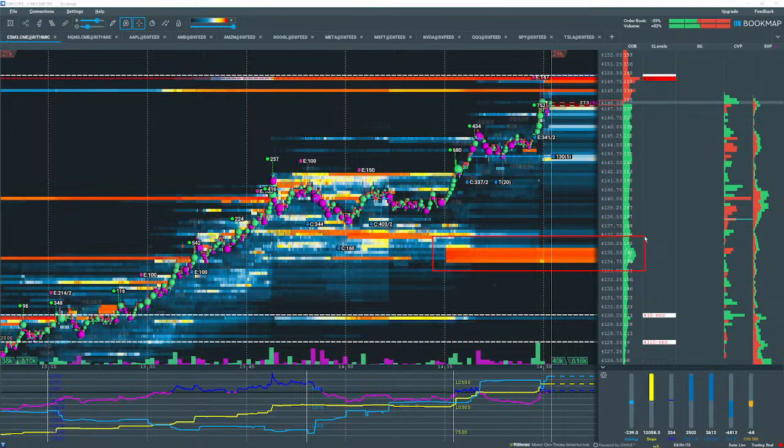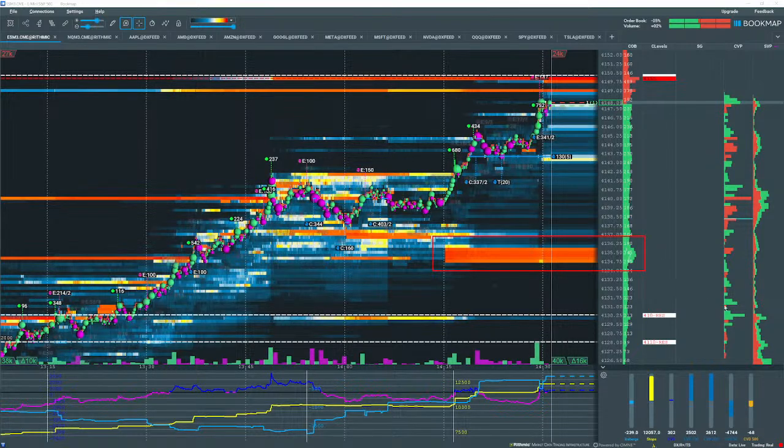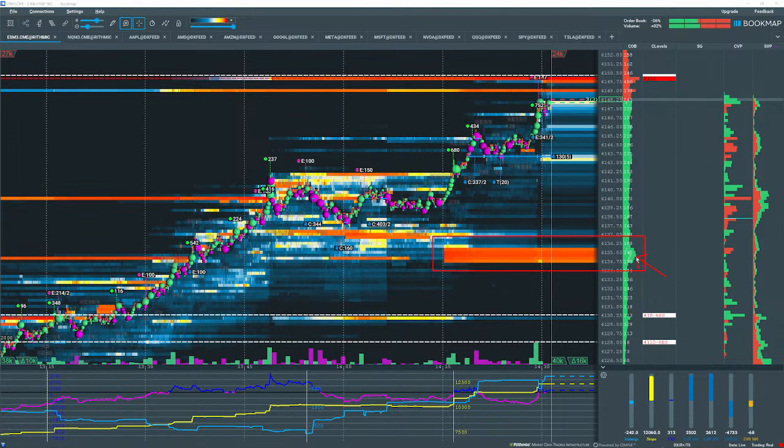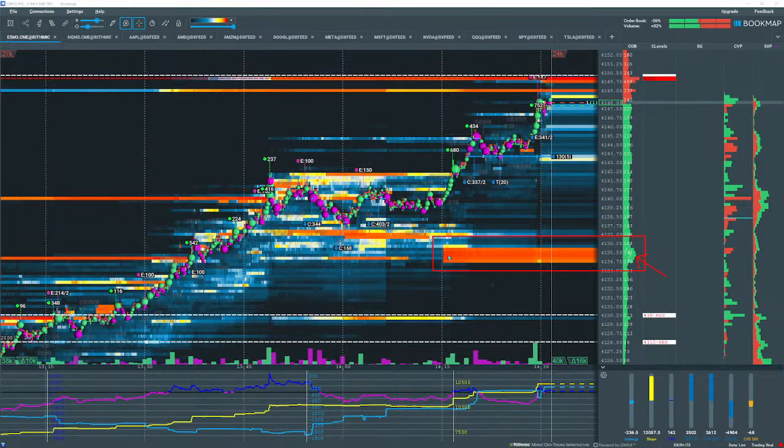These large limit buy orders at around 41.35 in ES. And that's shown in the heat map here, also in the current order book. You can see the numbers shown here in the current order book. And as well, they've been in the market since about 2:15 Eastern Time. Kind of a large swath of buy orders there.